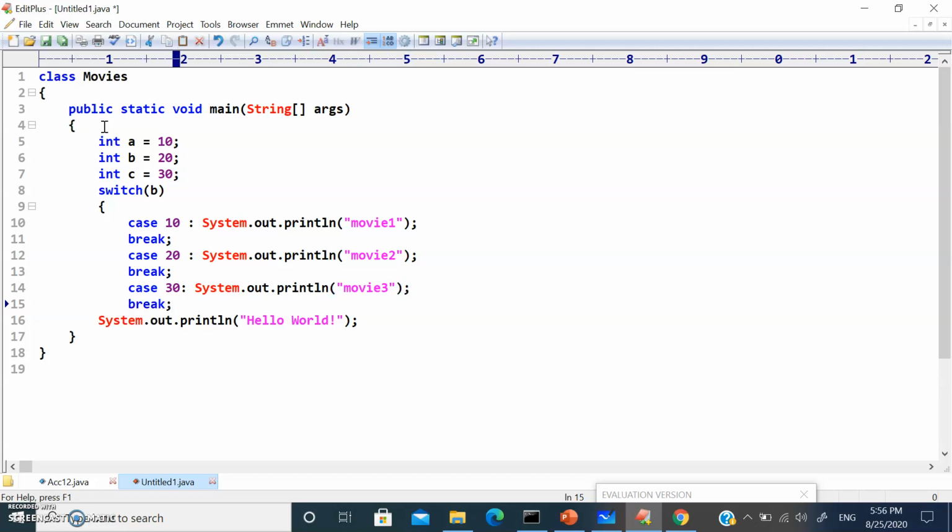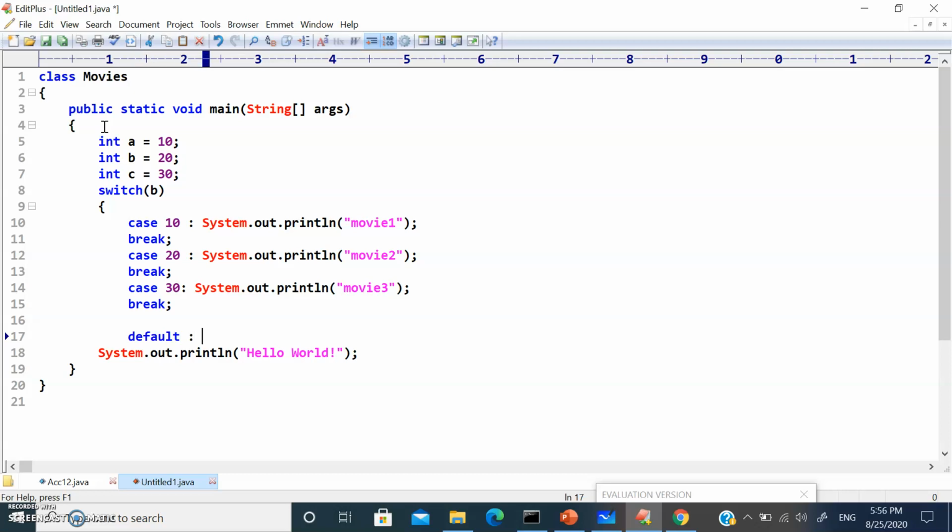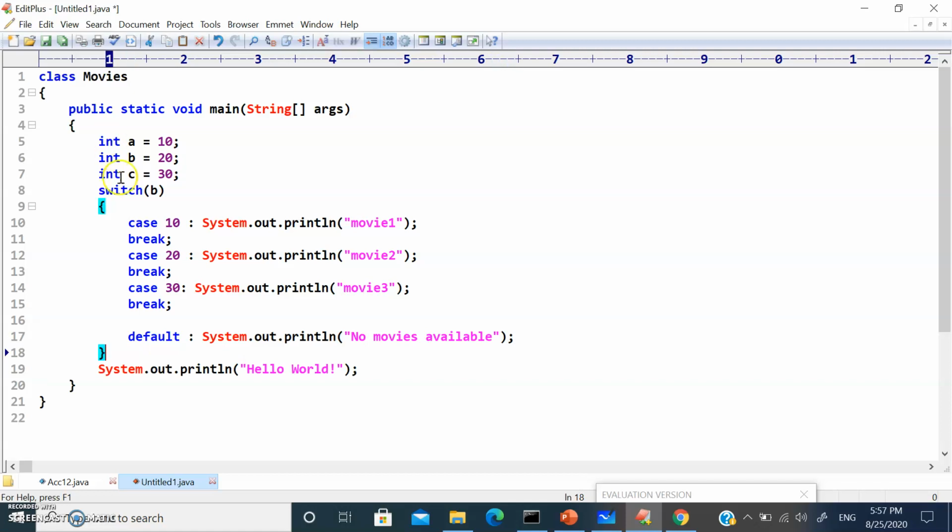If none of the cases is matched, then it goes for default, and then it's going to say no movies available. Okay.